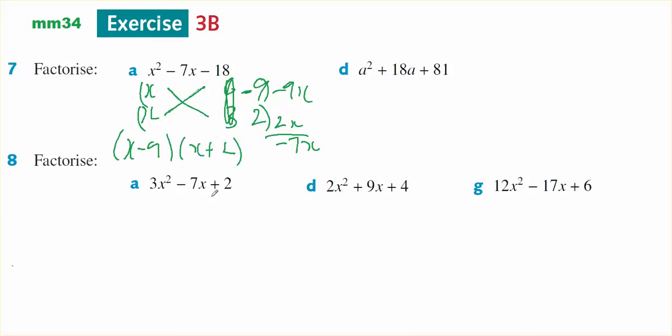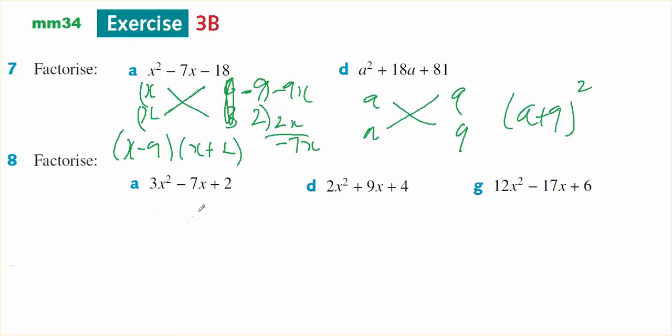So looking at part D, crisscross, a and a give a squared, 81, 9 nines, and then 9 plus 9 is 18. So that's actually a plus 9 all squared. It's a perfect square. When looking at question number 8, however, I need to consider the fact that I've got